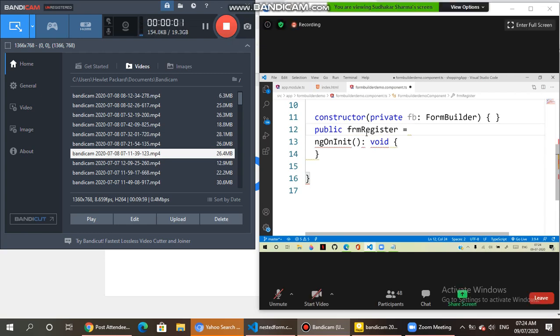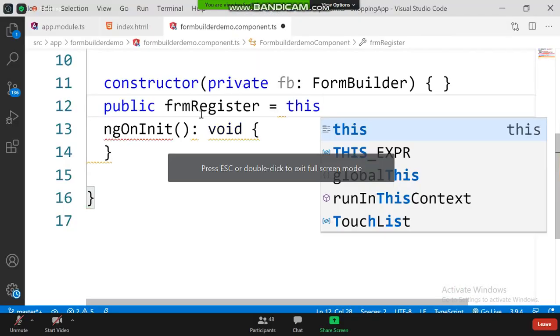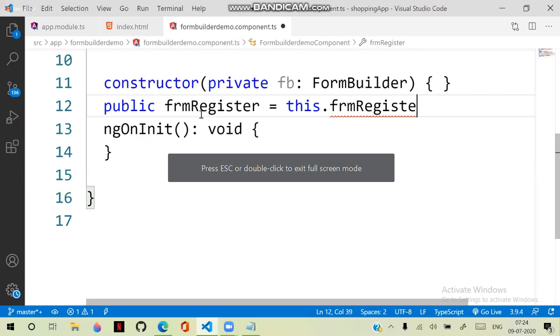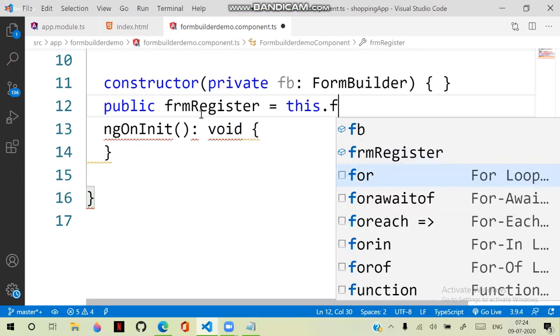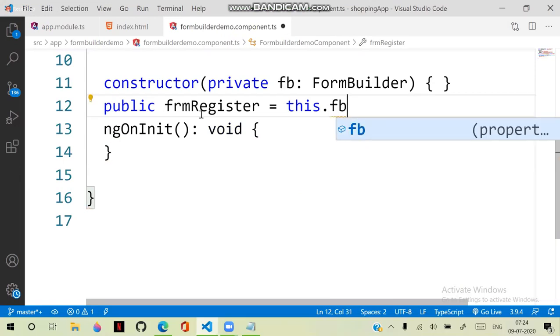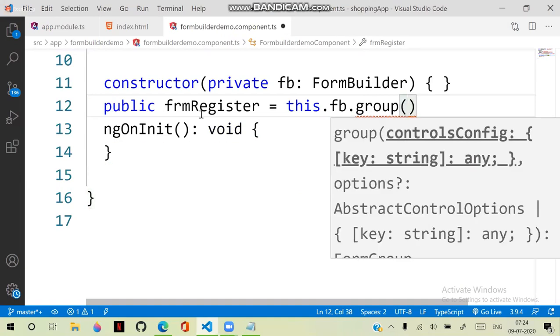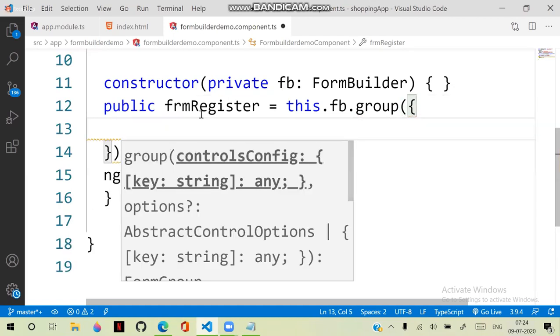this.fb, so FB, that is the form builder object. Dot group, you can create a form group, and a form group contains a collection of controls. You don't need to allocate memory for those controls newly every time, because form builder already has the memory